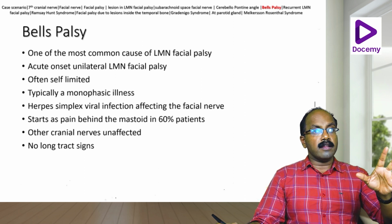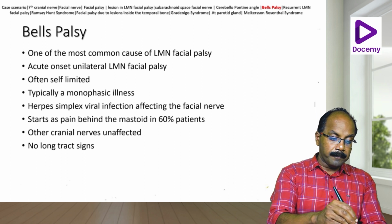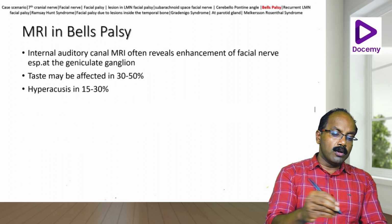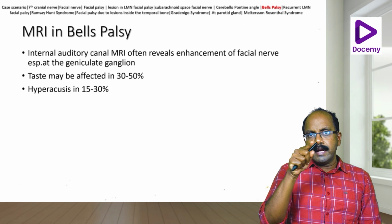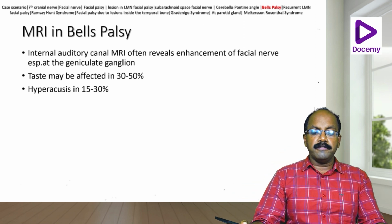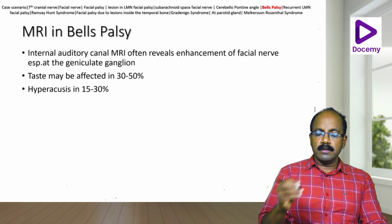Other cranial nerves are unaffected, just a lower motor neuron facial palsy alone. No long tract signs are there. And if you take an MRI in a Bell's palsy, what do you see? There is a canal called the internal auditory canal. Inside that canal, the MRI often reveals enhancement of the facial nerve, especially at the geniculate ganglion,